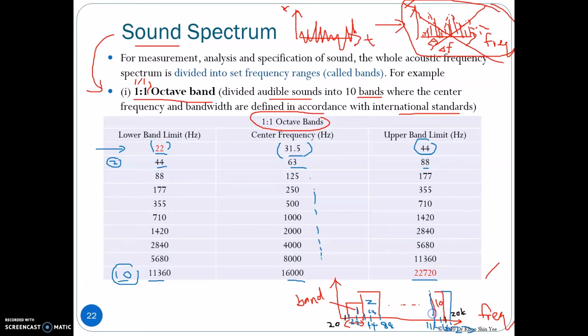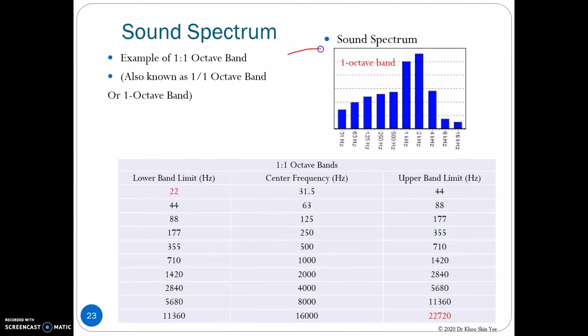So this is the last band. This is the example for the 1 octave band that you obtain following the international standard here. For clarity purposes, normally we only have the center frequency labeled in the sound spectrum. For example, the center frequency is equal to 31 Hz at the first band. For the second band, it will be 63. Third band is 125,